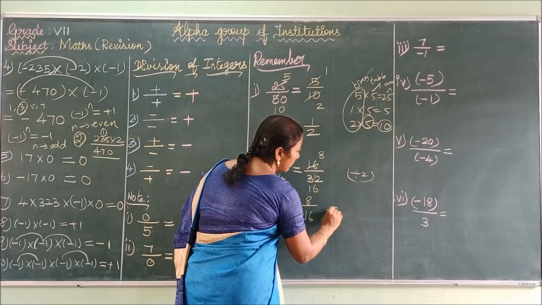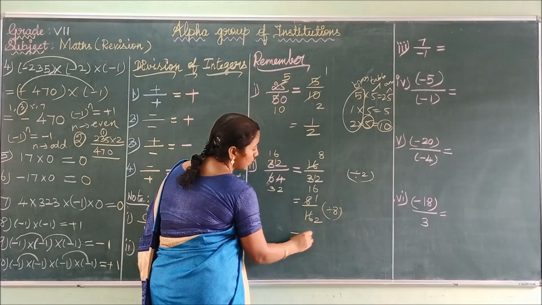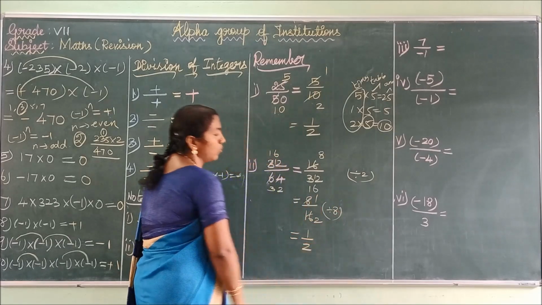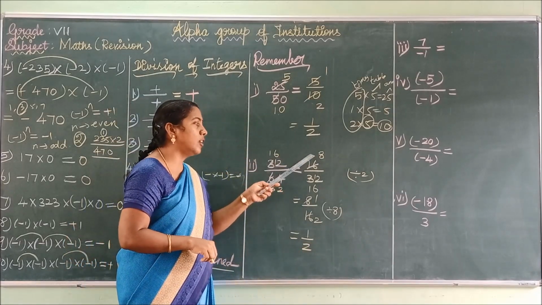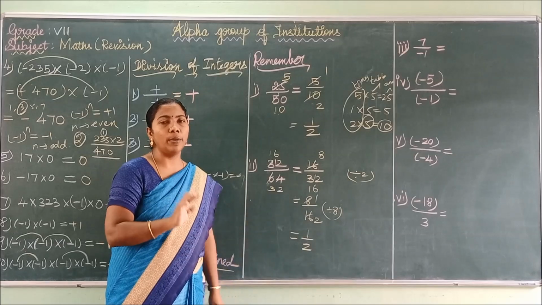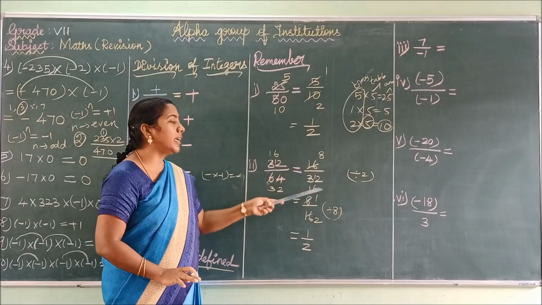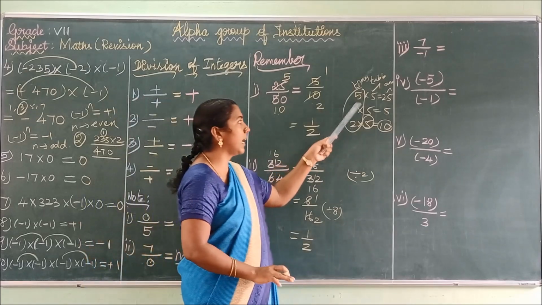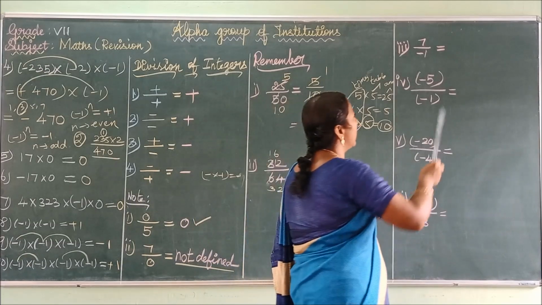Now I am going to use the table 8. So 1 8 is 8. 2 8s are 16. So our answer is 1 by 2. So you have to keep this in your mind. You have to cancel the numerator and denominator by using the same table. And here you have to write the times only. So this is the times you have to write here. Okay. Now we are going to see another example.